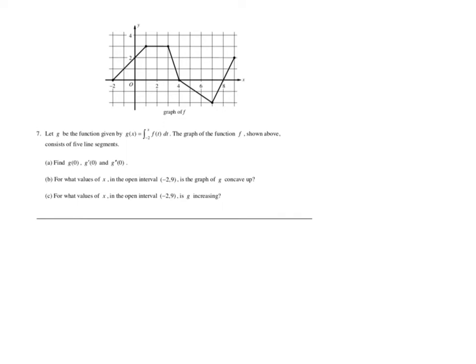So we know that g of x is the integral from -2 to x of f of t dt. And the first problem is just like the second example from this packet, which you may have looked at a while ago, but if you want to pause and try, do that first. Otherwise, the answers: g of 0 is 2. g prime of 0 is 1. I'm sorry, g prime of 0 is 2. I take that back. The second derivative is 1. So to get those,